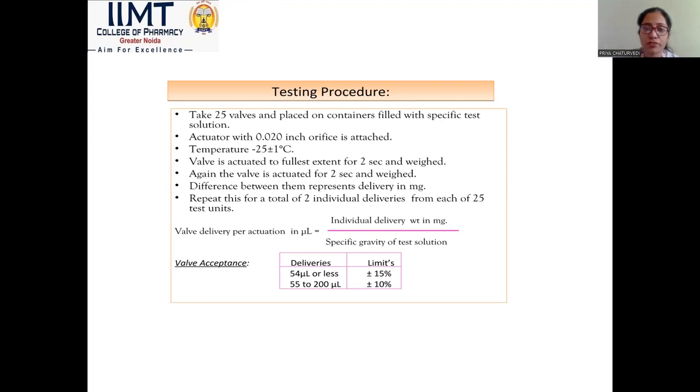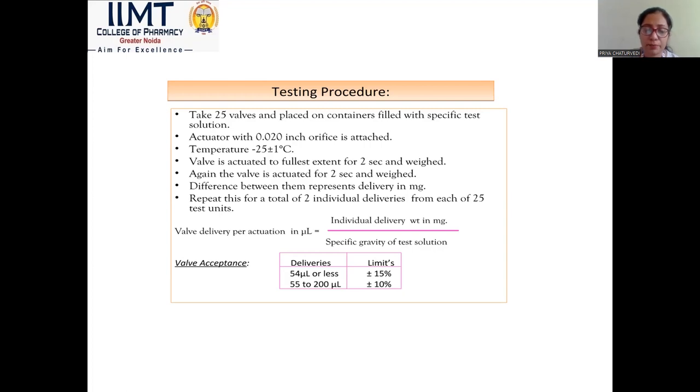Temperature is minus 25 degrees plus or minus 1 degree centigrade. The valve is actuated to the fullest extent for 2 seconds and wait. Again, the valve is actuated for 2 seconds and wait. The difference between them represents the delivery in mg, and this is repeated for 2 individual deliveries for each of